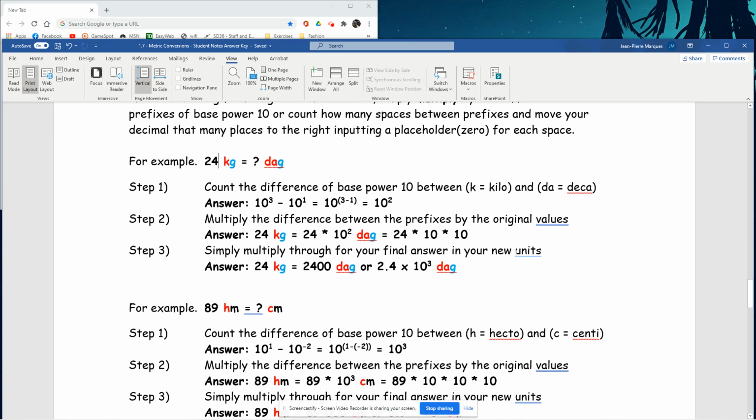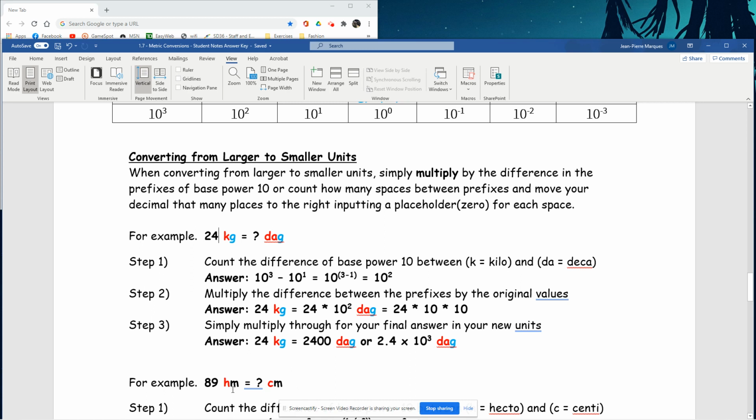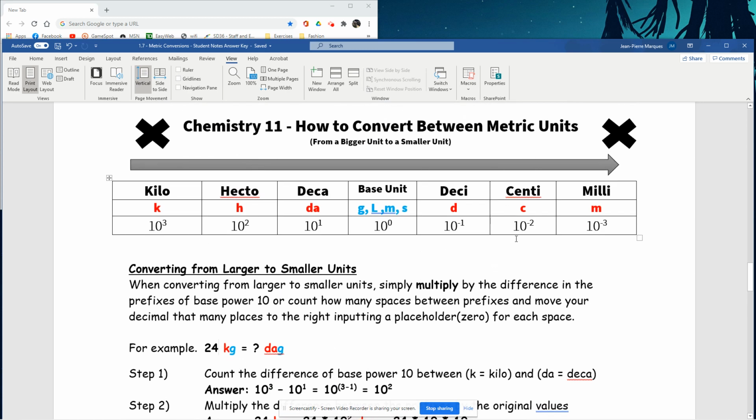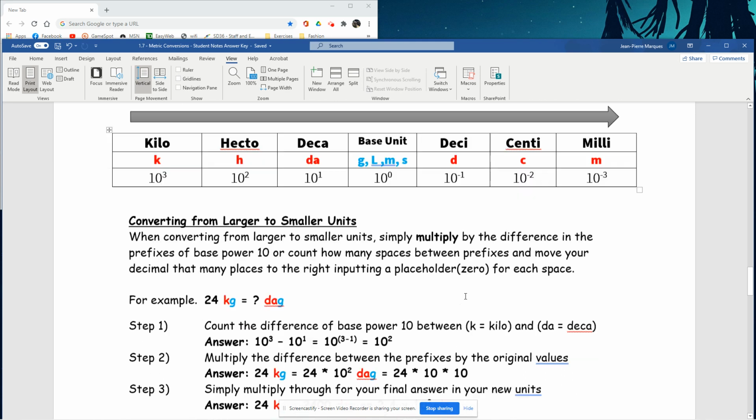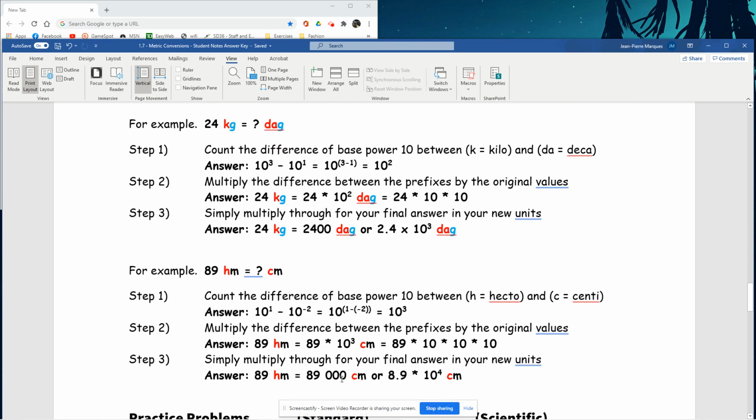Let's go through another example. How do you go from 89 hectometers to centimeters? So hecto is here, centi is here. The way I just taught you, the real simple way, is to move my decimal 1, 2, 3, 4 decimal places, and add a 0 in for each. Effectively, I'm going to add 4 zeros to my answer. Give me a final answer of